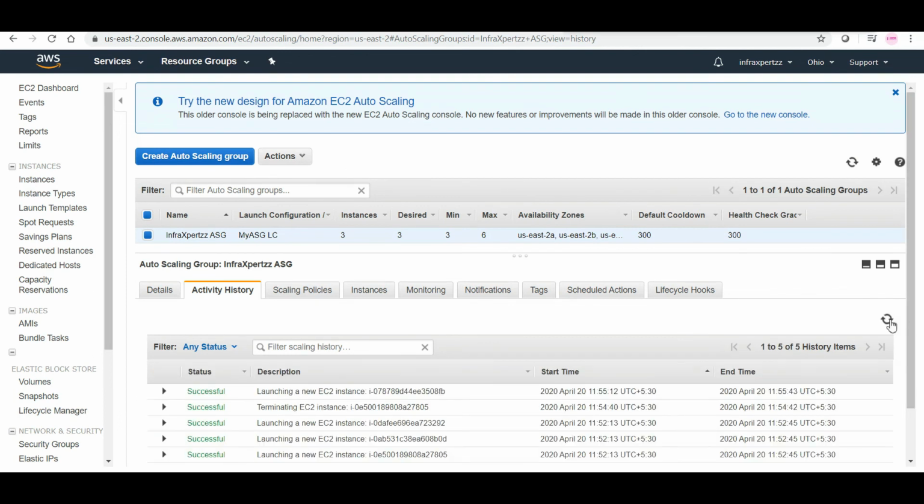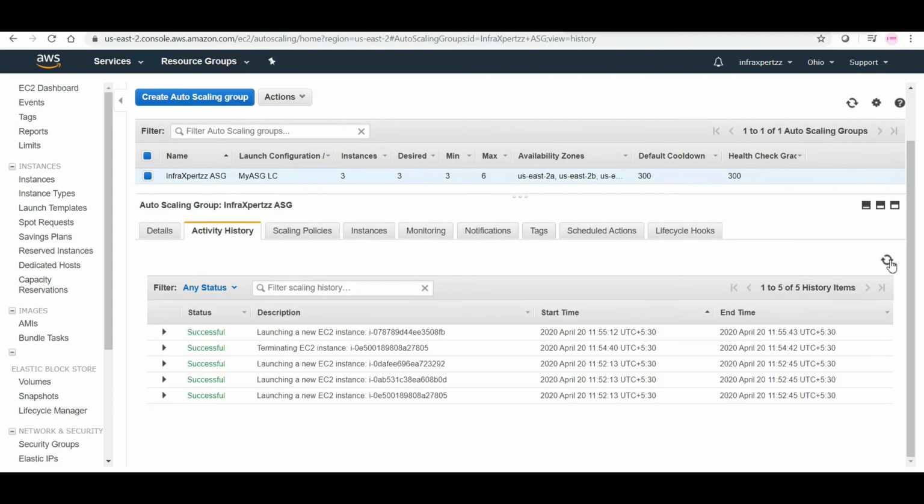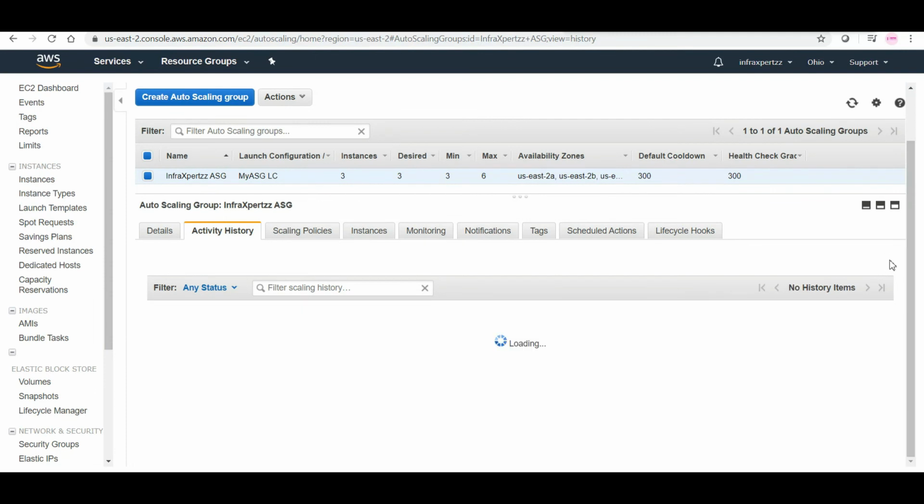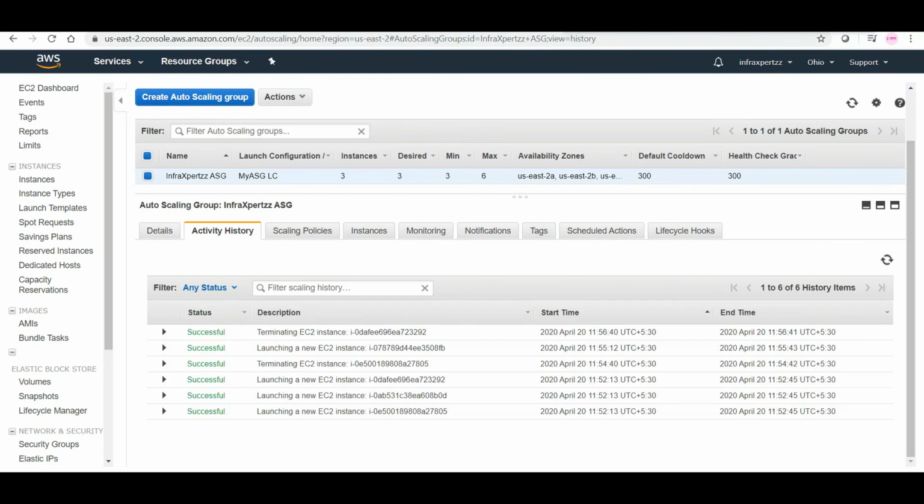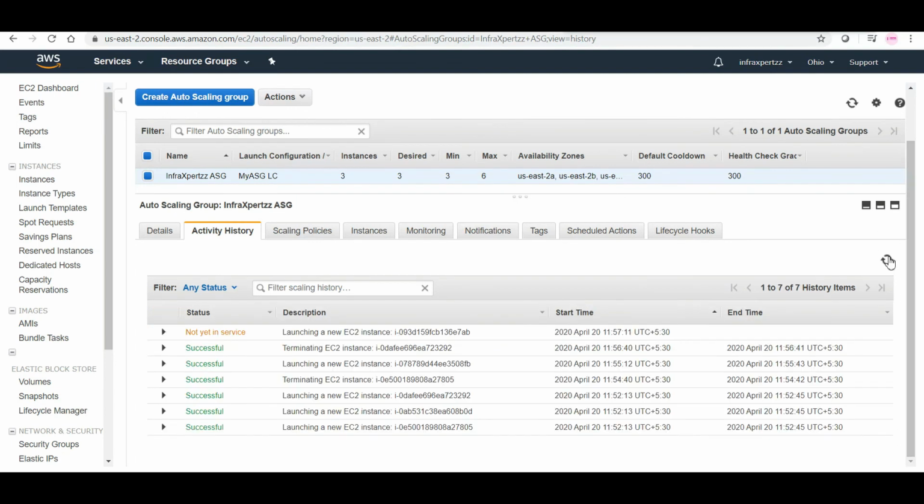So this is still working. This is taking some time actually. You can see that it has terminated the second EC2 instance. Right now it came, and right now it's launching the other EC2 instance.